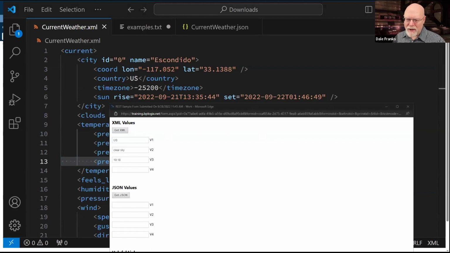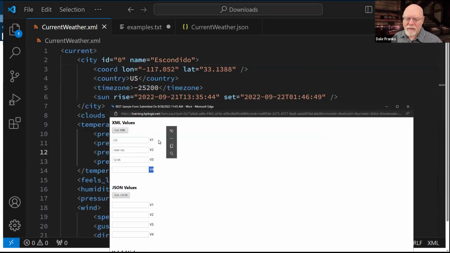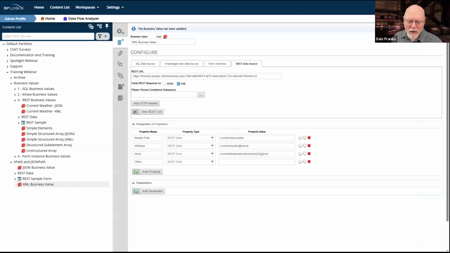As you can see, I'm having a couple of mouse issues. I can't even see my cursor on my screen. There it is. It was on my other monitor. Now, if we hit Get XML, it will return 1205. And that is because I'm specifying row number 3 or item number 3 or index number 3 in my array. So I can pull that out. Very nice. Happy with how that works.